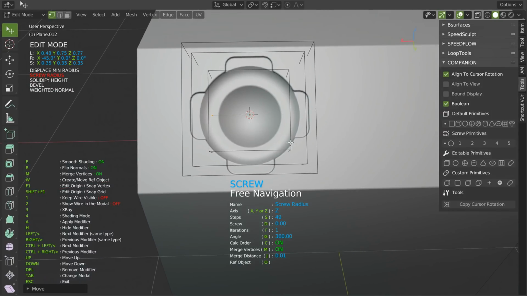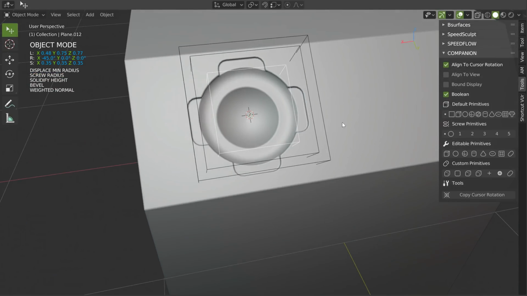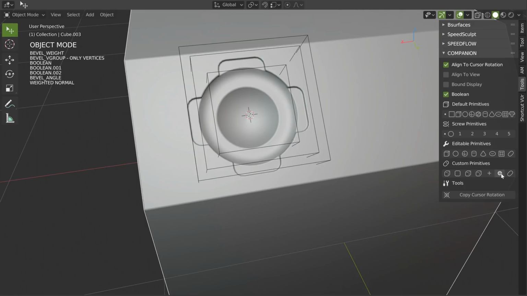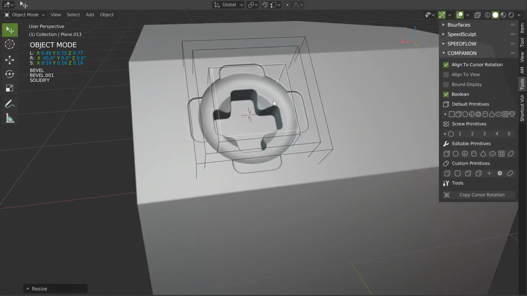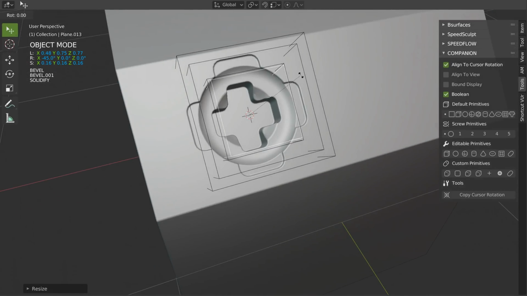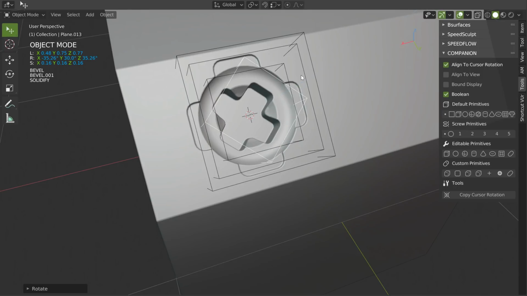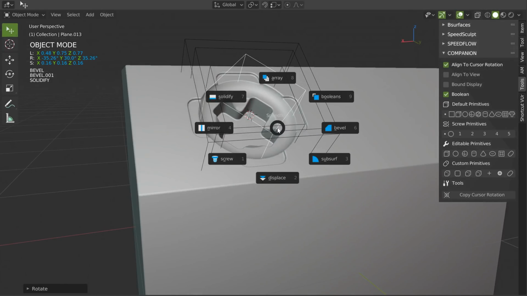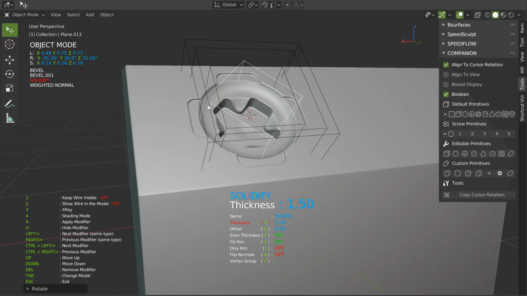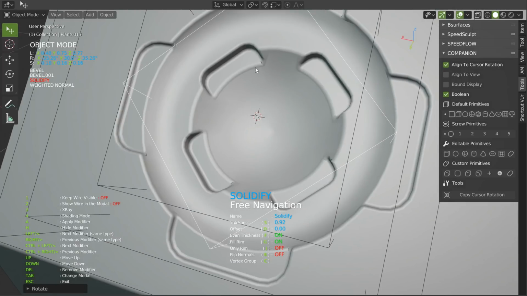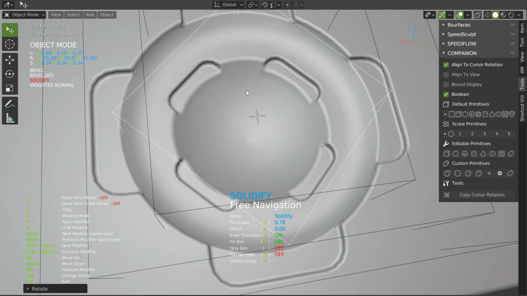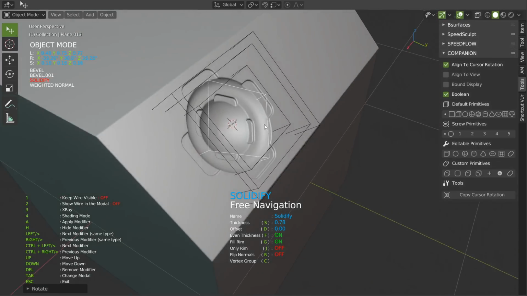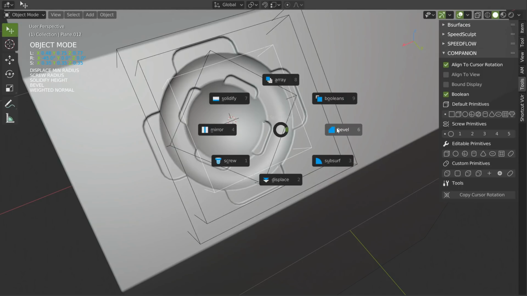So do whatever you want. Control Tab, select this one. I can do the same with, why not, this one again. Really funny. RZZ45, and I created this. I can play with the solidify. It's not perfect, but it's working. I can maybe make it work like that. Okay. So on this one I can play with the bevel.